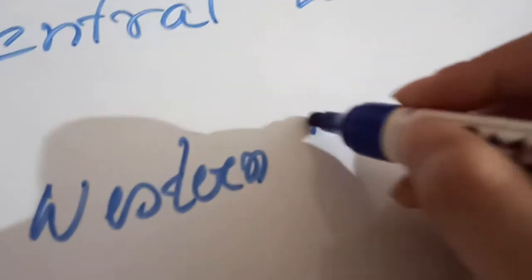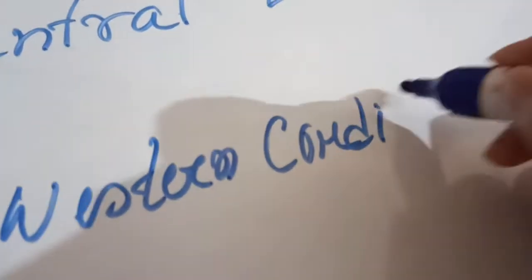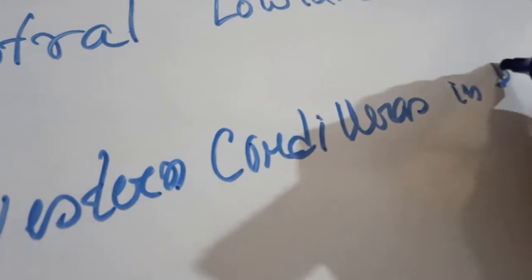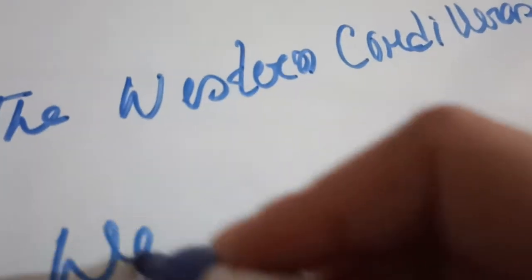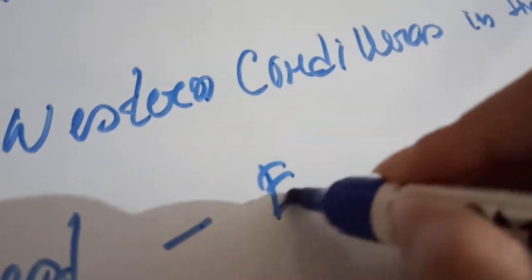In the last video I explained about the eastern highland. So in this video I will start with the central lowland. This is the fourth physiographic division of North America. The central lowland region lies between the western Cordilleras in the west to the eastern highlands